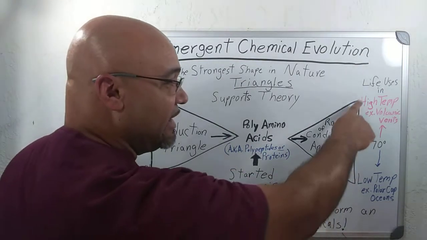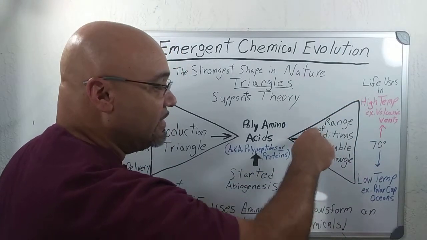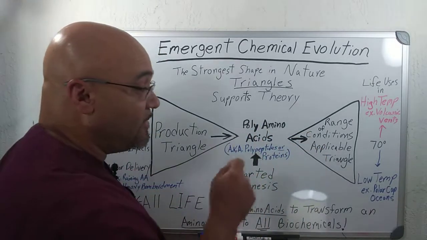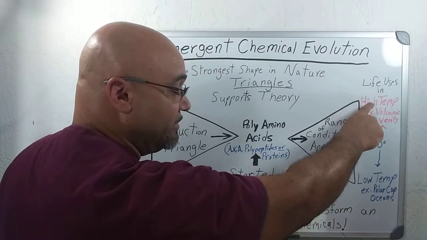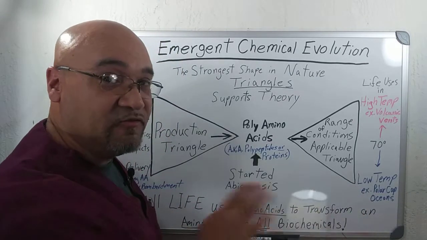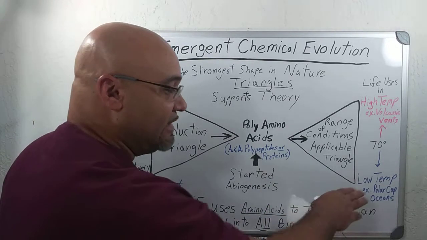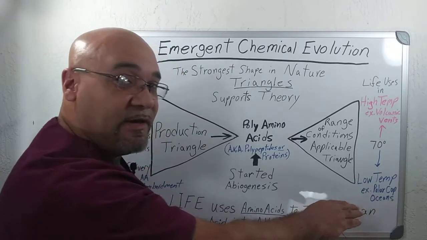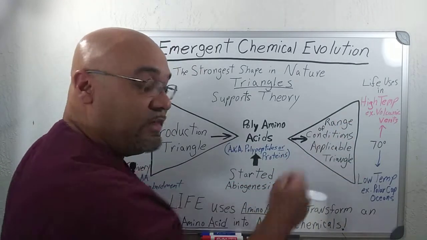Life can start anywhere in this range in extreme volcanic heat, depending on the arrangement of the amino acids. The difference between the amino acids life uses up here and the ones life uses down here is strictly their arrangement. Only their arrangement. It's not that life down here in extreme cold uses different amino acids. It uses the same amino acids. What's different is the way they're arranged.